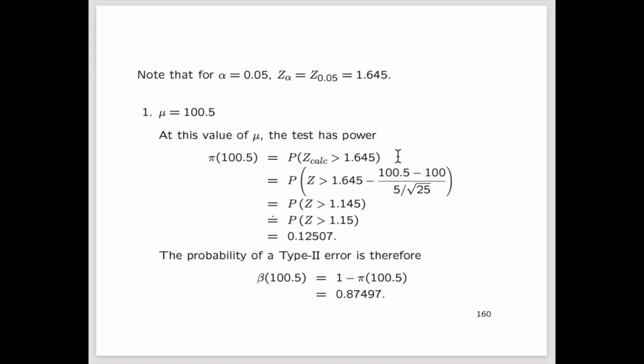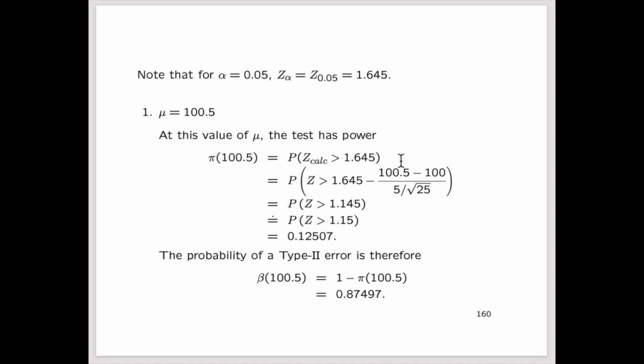this can be represented in a couple ways, as we've indicated in the previous lecture. So the first way that we could represent this is that it's equal to, or given by, the probability that z-calc, the test statistic, is greater than the critical point, 1.645. But this particular representation, and especially when we're doing this by hand, really does not show how mu is a part of this computation. But remember that